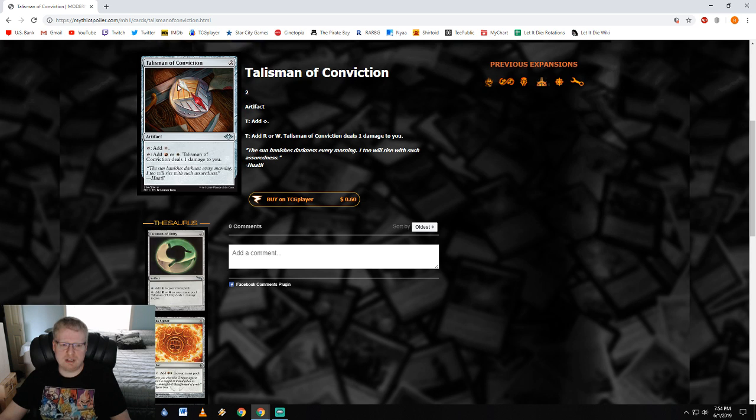Talisman of Conviction. 2 colorless to add 1 colorless, or add a red or a white, and it deals 1 damage to you. This is...